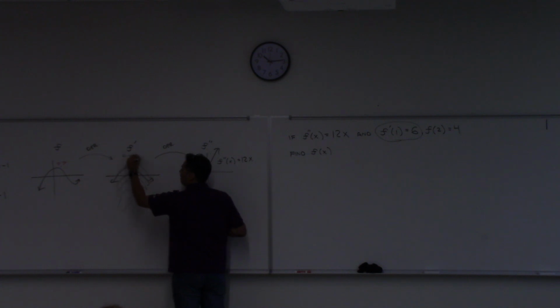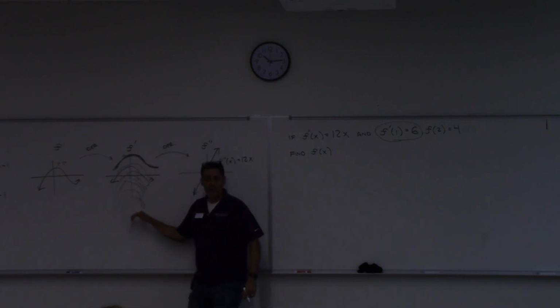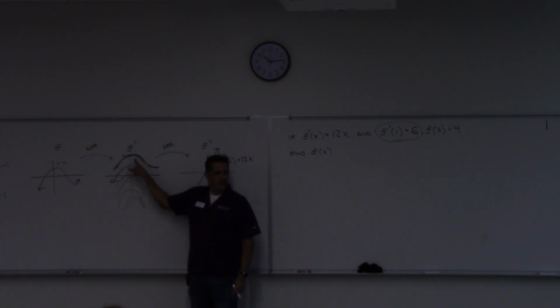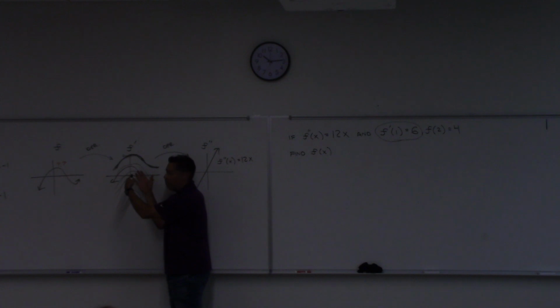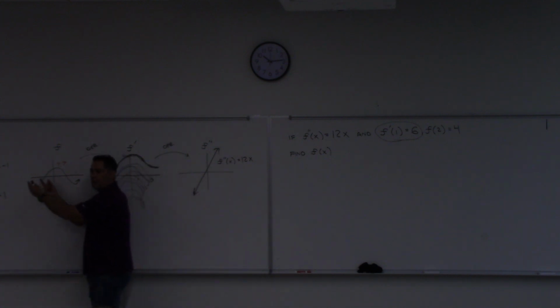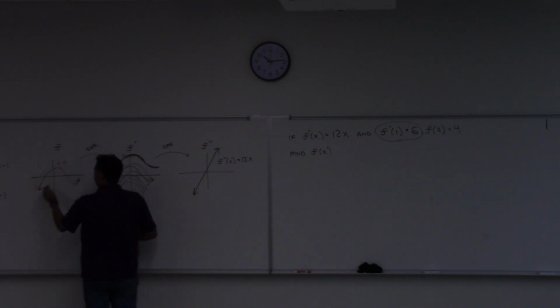have a value 6. Doesn't that nail down exactly which one we're talking about? Isn't there only one of these family members that goes through that point? Right? So that allows me to identify exactly which one I'm talking about here. And once I have that, what can I do? Go back again, and it's going to give me a family again, right? So now I get another family of functions,